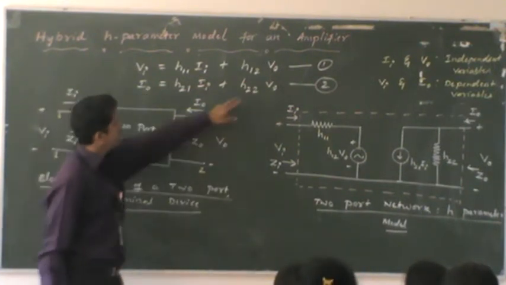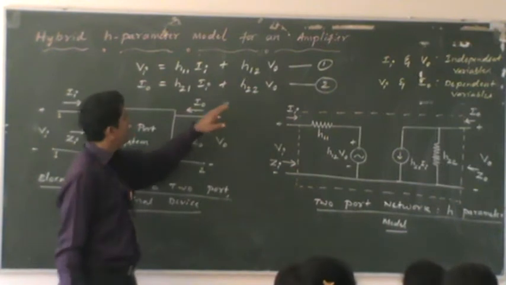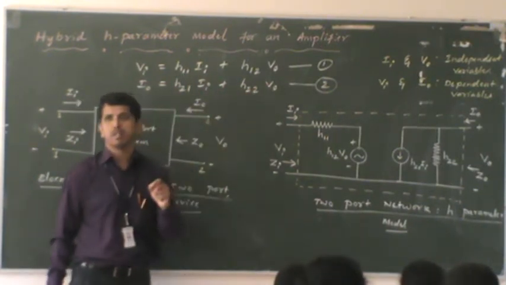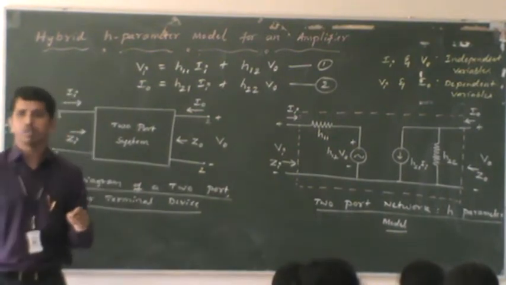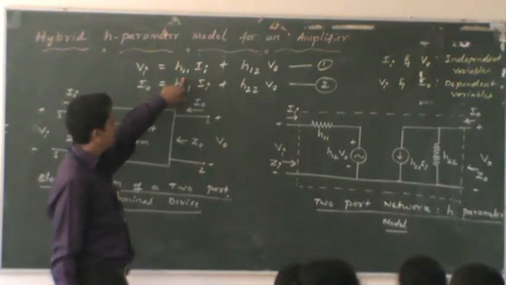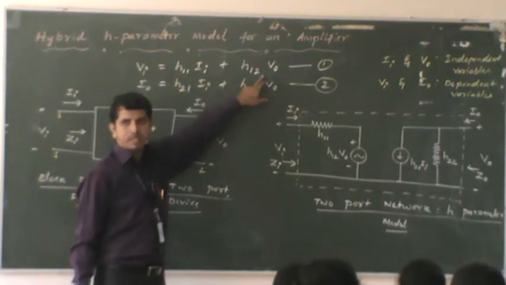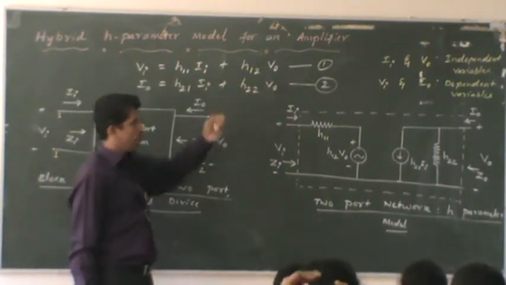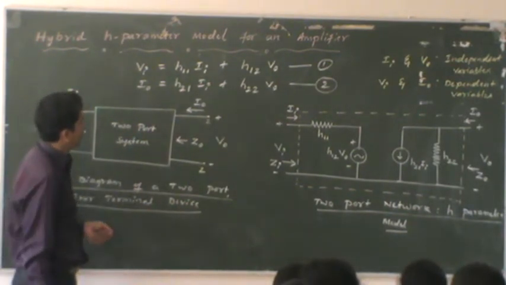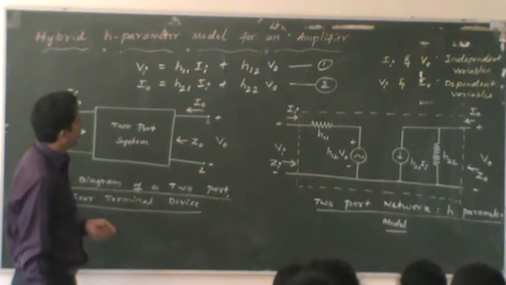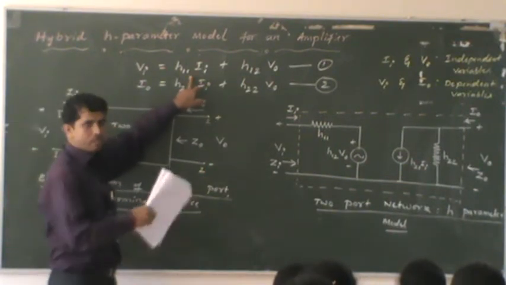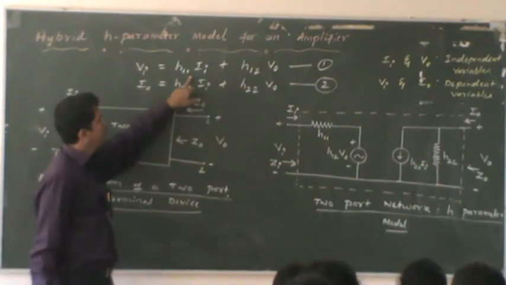Later on, instead of labeling with numbers like 1 1, 1 2, 2 1 and 2 2, we are going to assign subscripts according to the transistor. Here it looks like h11 and h12 are not related to the transistor, but later on we are going to introduce new subscripts that closely match the type of transistor configuration. For the time being, from these numbers you can easily understand which port a quantity belongs to.